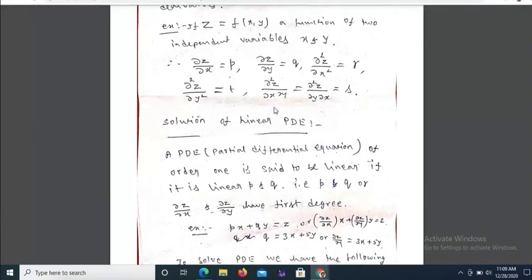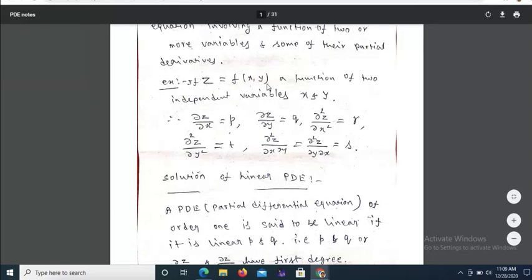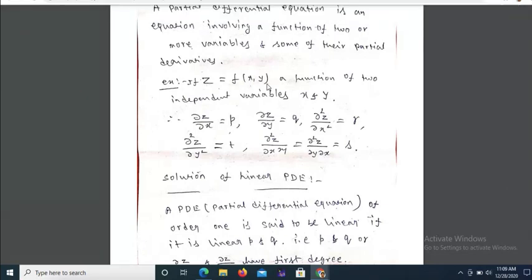So we have a partial differential equation like z is equal to f of x, y. You know this already. A function having more than one independent variable, then we can apply partial derivative. If you have dou z by dou x, you know this is the notation. It is the derivative of z with respect to x. So x is the only variable; all the remaining variables we treat as constants.